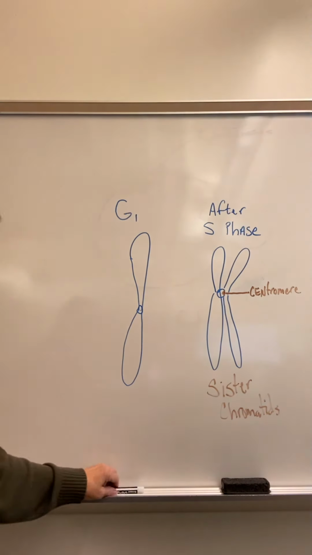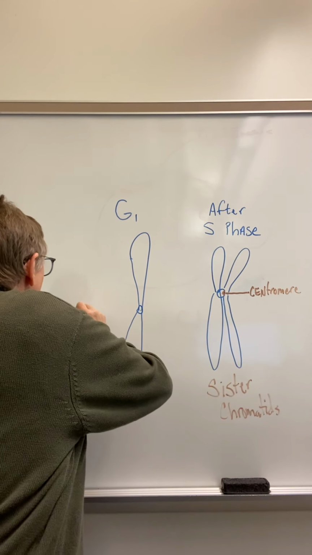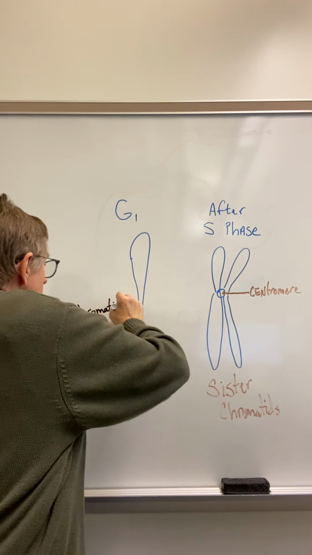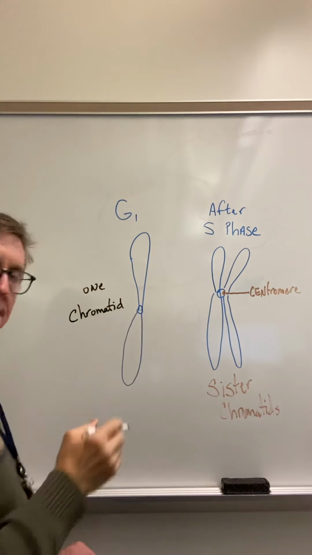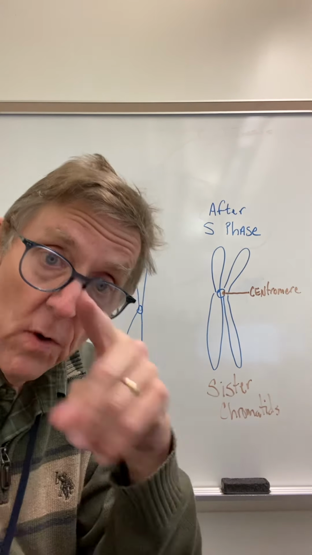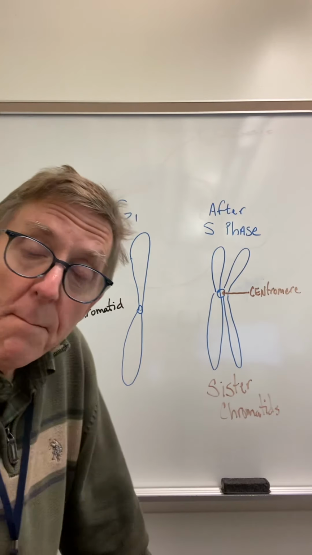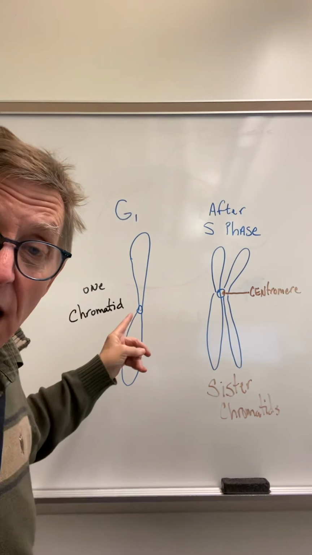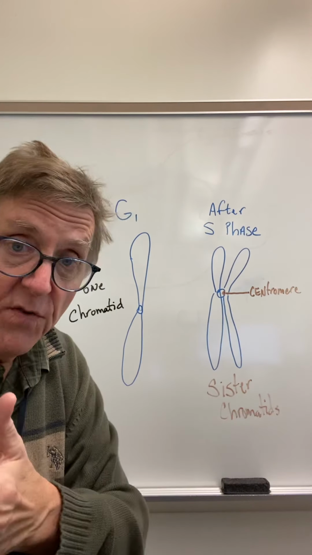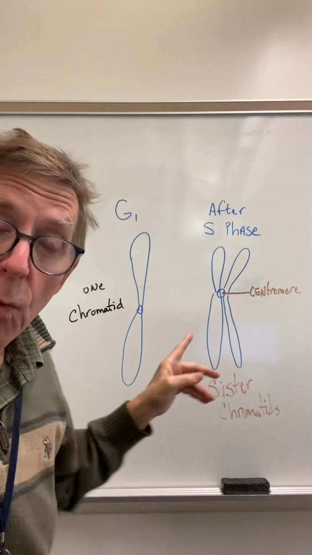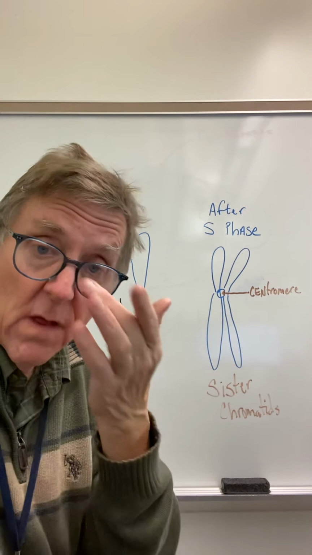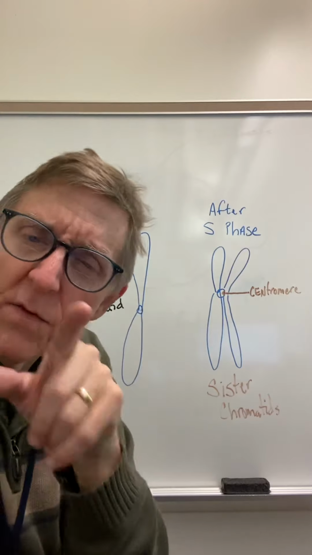I know there's a lot of words, so I'm going to write that up here. Chromatid. One chromatid. And then we said though, during synthesis, we made a whole other copy of that. And then during G2, after synthesis, we had a whole second copy of each of those 46